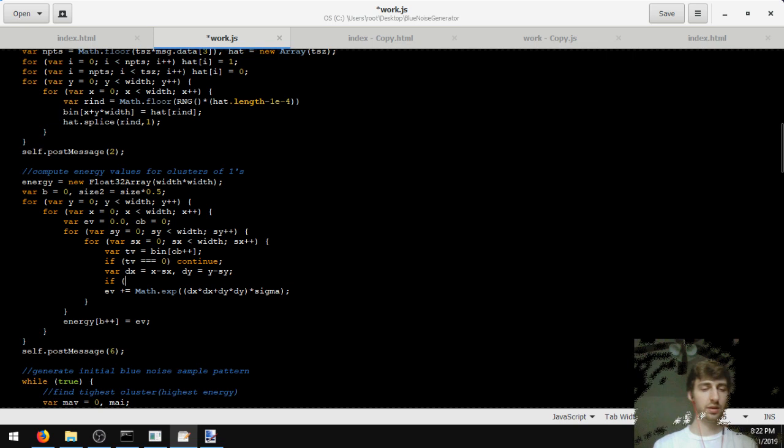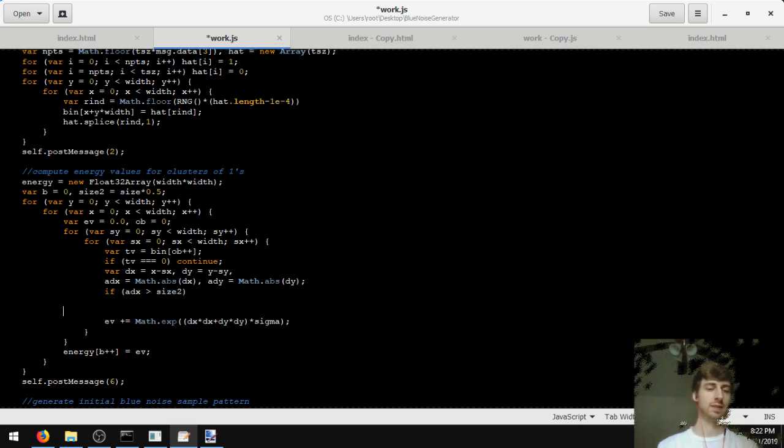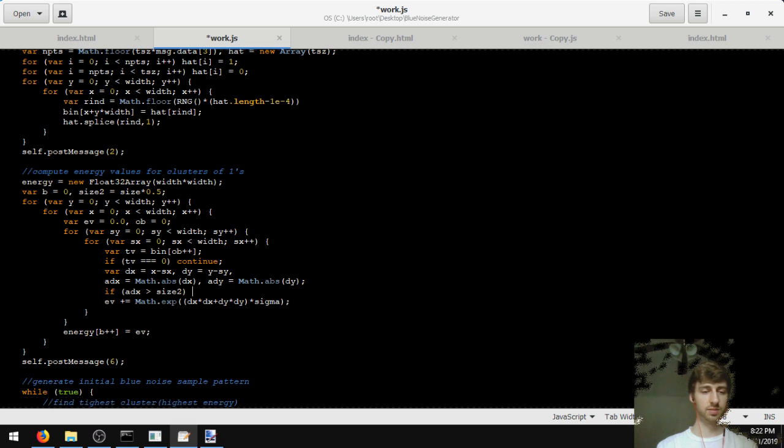And then if the absolute distance ADX is bigger than size 2, wrap the X distance, which will be size